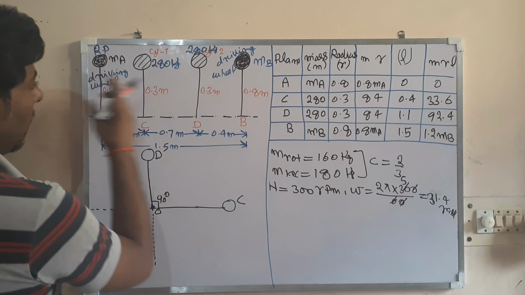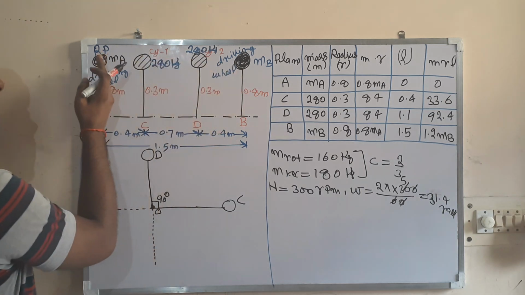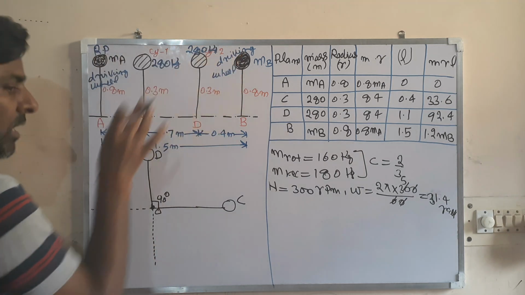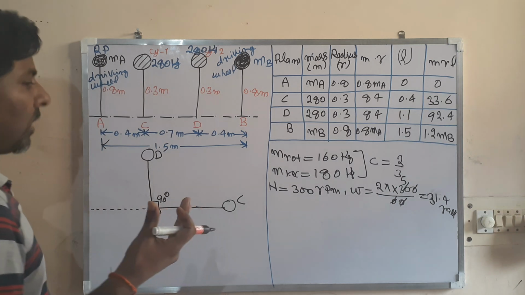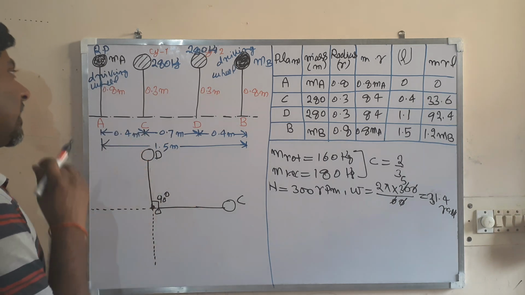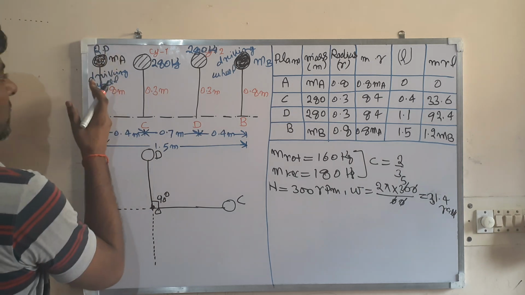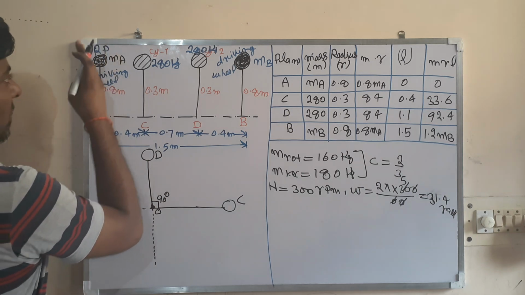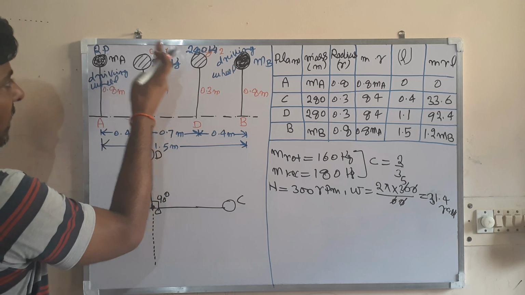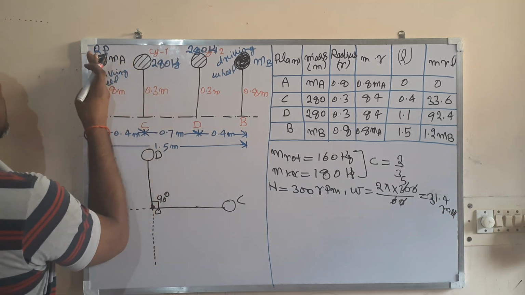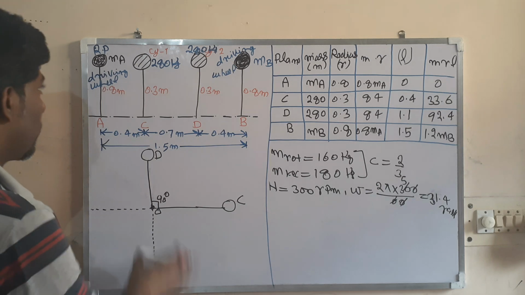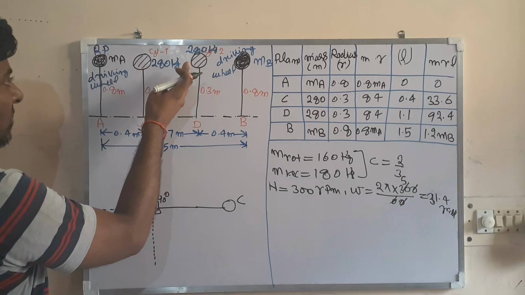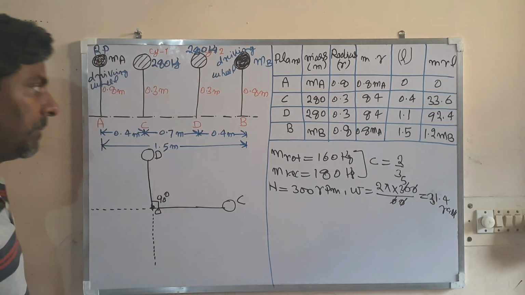A and B are the unknown planes. The unknown masses are in the planes A and B. I have suggested that you take one of the unknown planes as the reference plane. You take this as the reference plane. The distance measured right of the reference plane is taken as positive, and the distance measured left of the reference plane is taken as negative. All the planes are to the right of the reference plane, so all the distances will be positive.